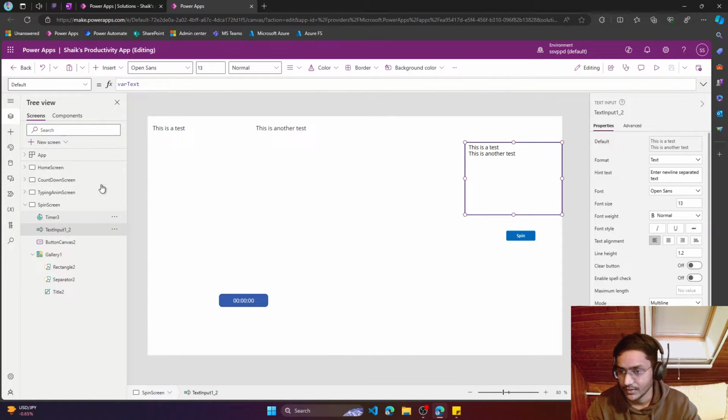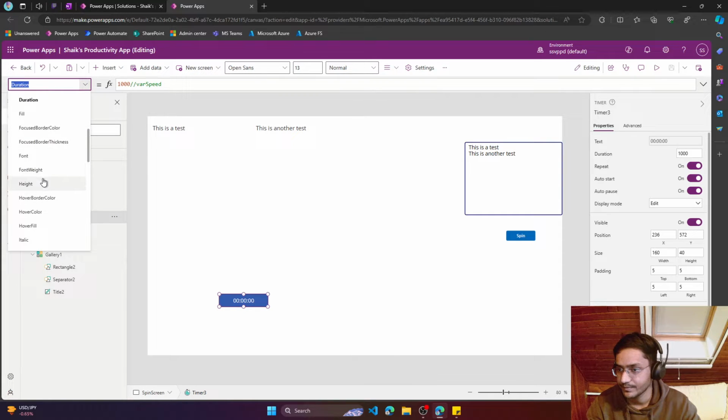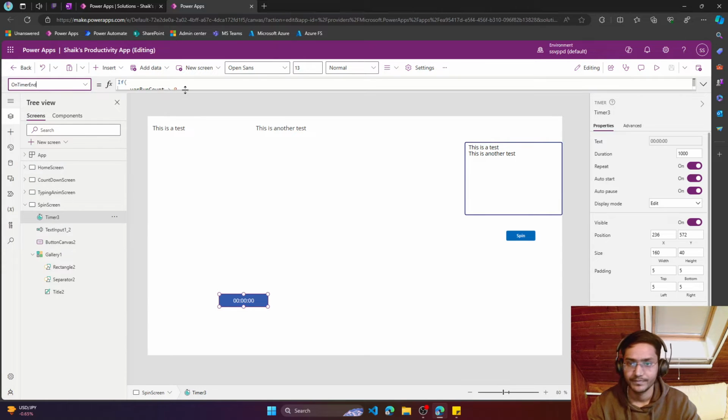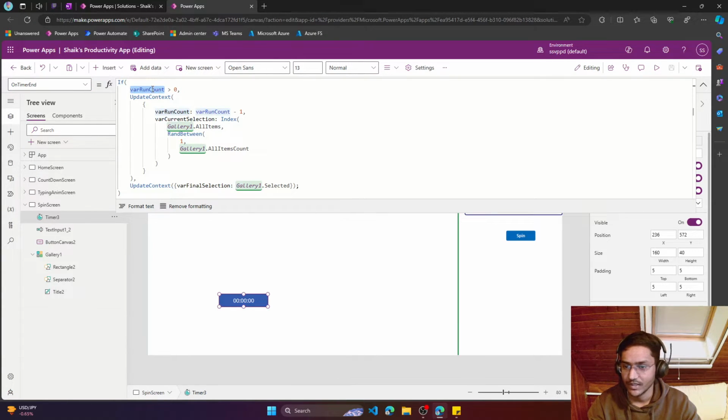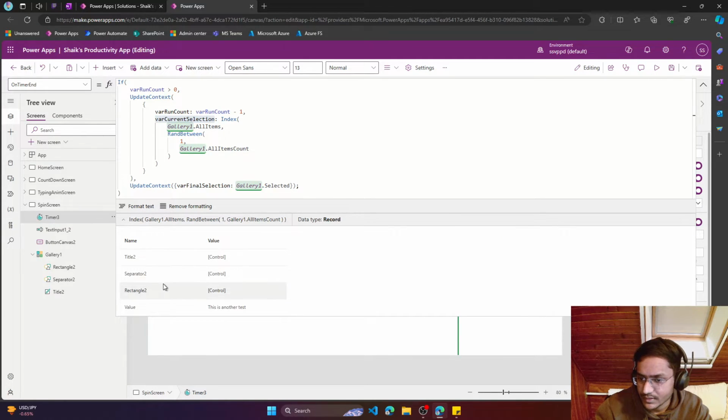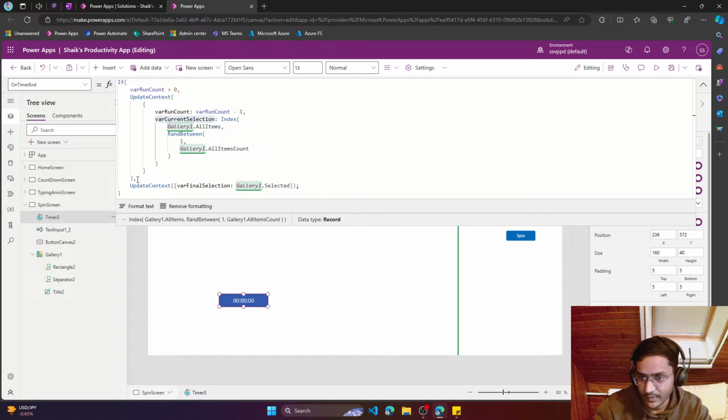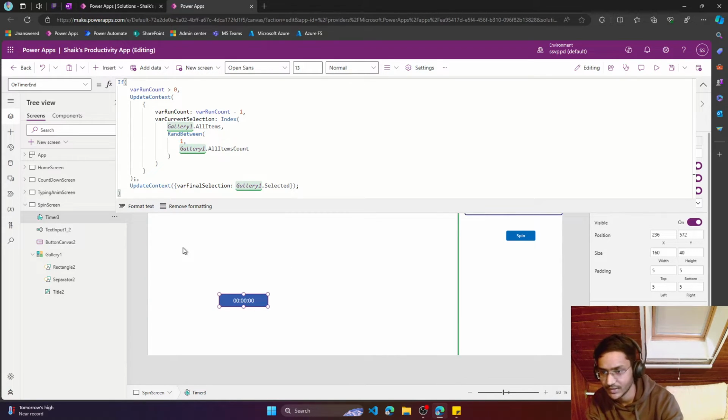That's because, let's see. What's the run count? 18. So it ran 3 times. And it did update this one. Once it updates, so it's the selection. Selection is also happening. So it's just the gallery that's not getting reset